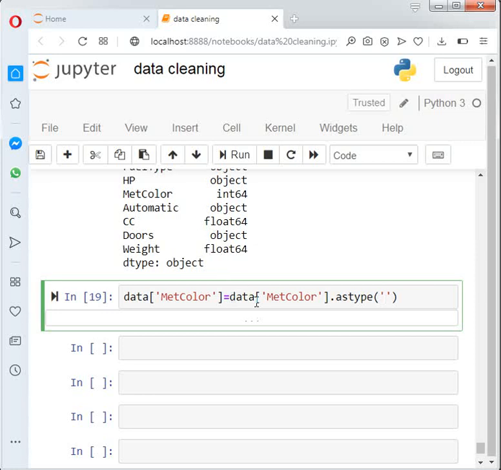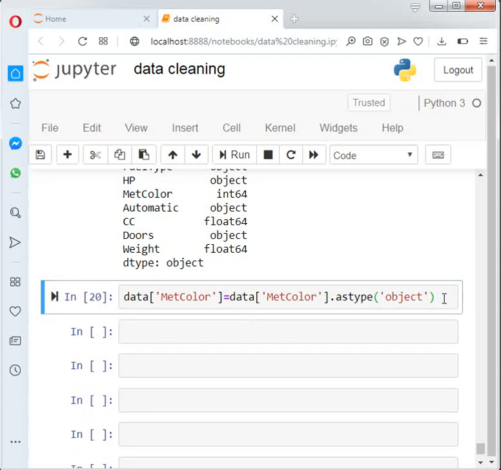Before this function it is the int type, and I want to convert it to an object type. So I can execute it and then print again.